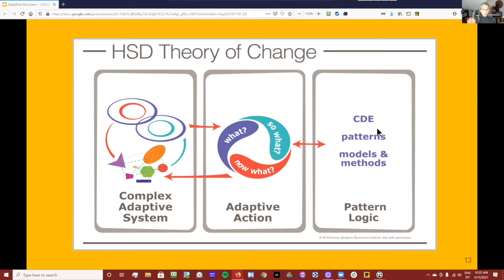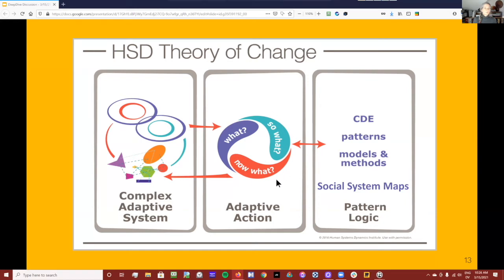And so one thing that both HSD and I have been realizing, Glenda and the leaders in HSD, and Lisa Negstad, who's a friend of mine, who's an HSD practitioner, is that social system mapping is one of those pattern logic tools. So these are Glenda's tools, and this is social system map tools. And all of these are very useful for informing so what, and thinking about how to shift our patterns. So that's how we connect up the social system map to the complex adaptive system.